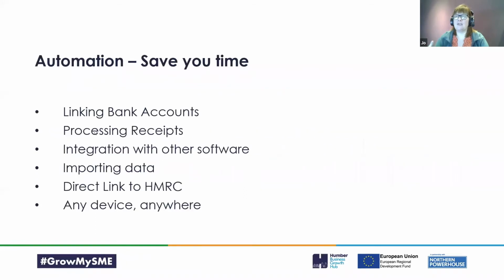So automation is a really important thing because it's going to save you time. If a piece of software is going to cost you upwards of £30 a month, and some of them do, unless you go in through your accountant, you can often get discounts there. Sometimes they'll offer you an introductory offer. They start as low as, I don't know, £6, £10 a month, and then the full all singing, all dancing level could perhaps be £30. I think Xero might be a little bit more if you then link your bank accounts to it as well.